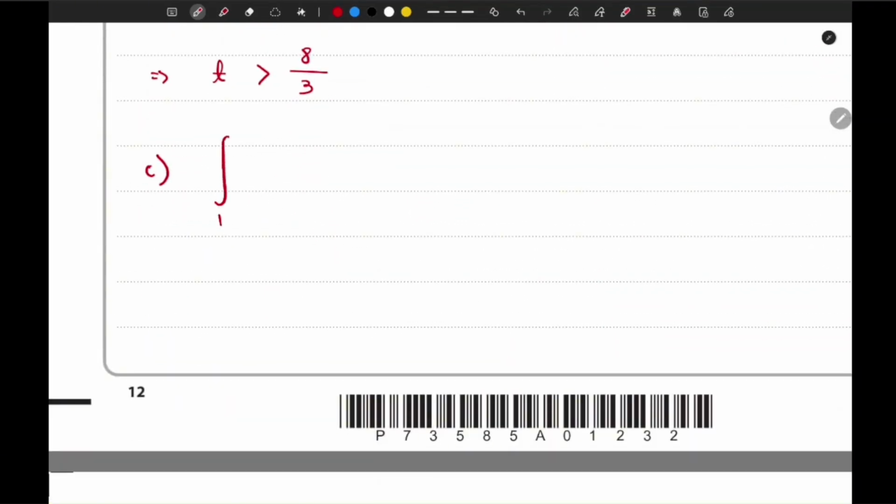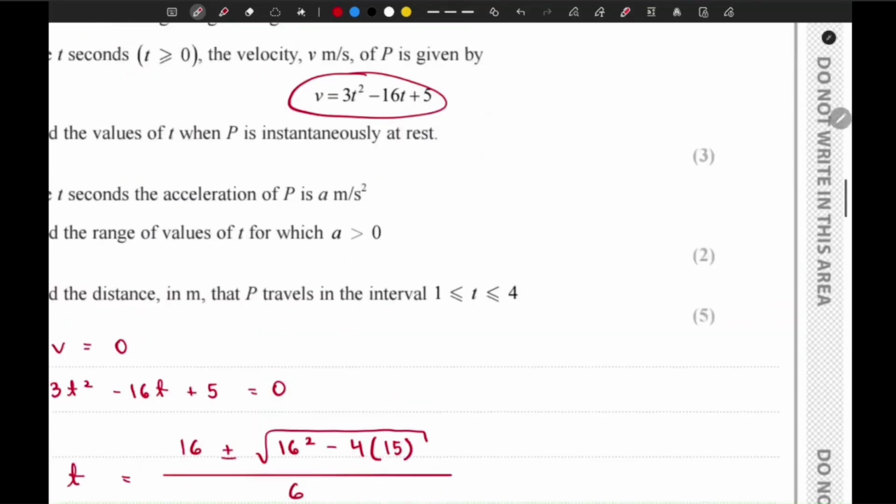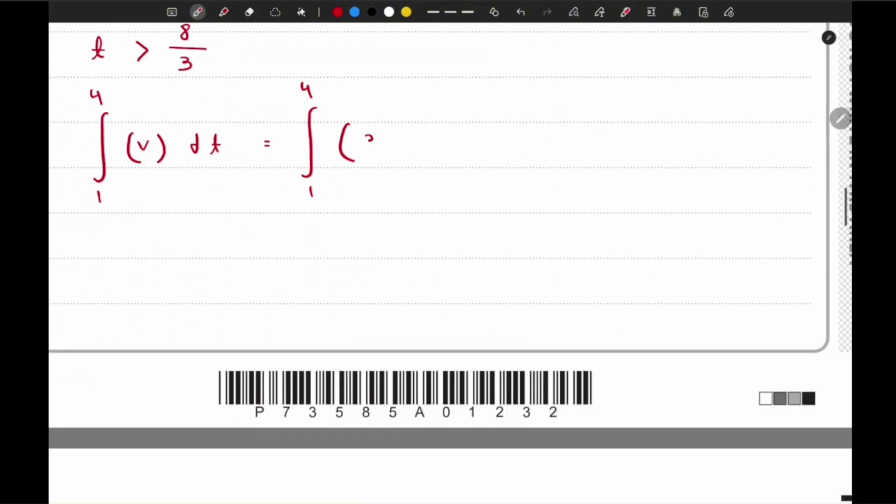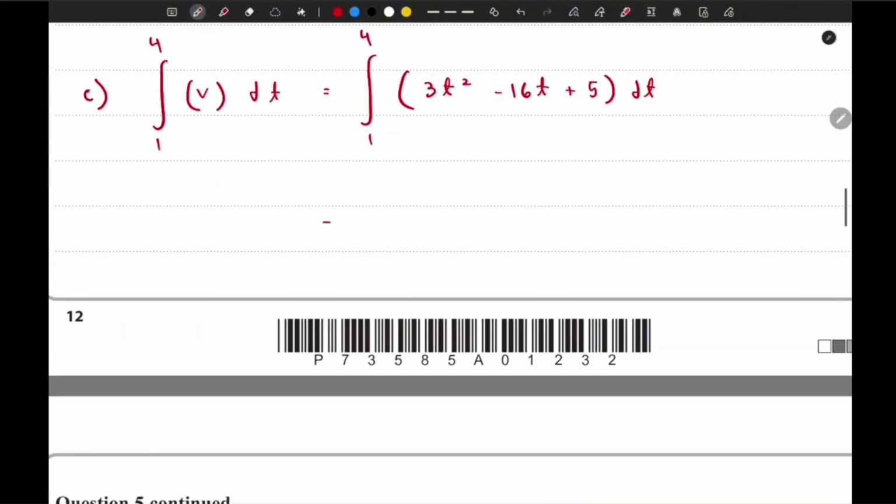Lower limit will be 1, upper limit will be 4, and we're integrating the velocity equation, which is 3t squared minus 16t plus 5. If we integrate this, this will give us